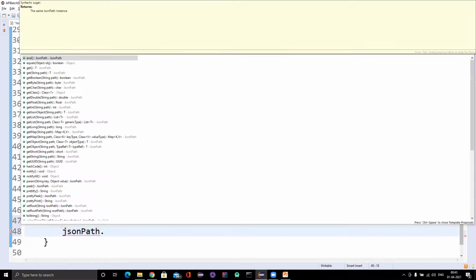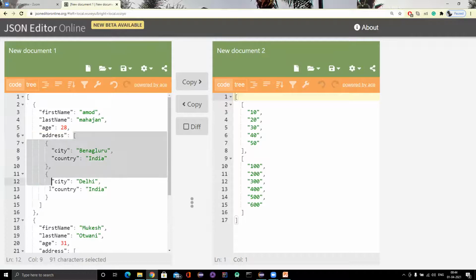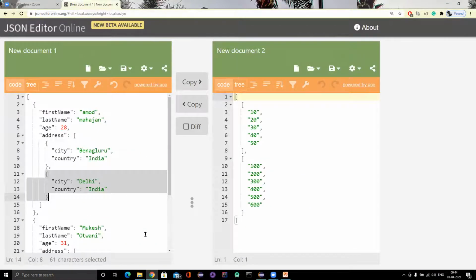Whenever we see this type of array and we want to get some specific value from each object, it generally returns a list of those values, a list which contains those values.